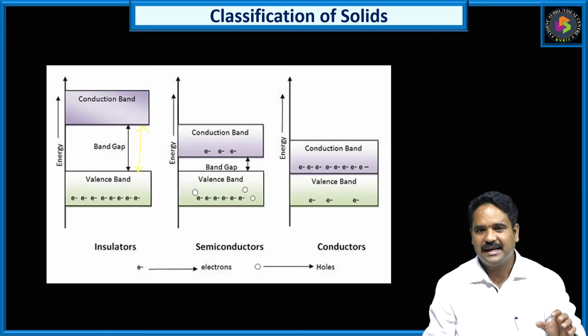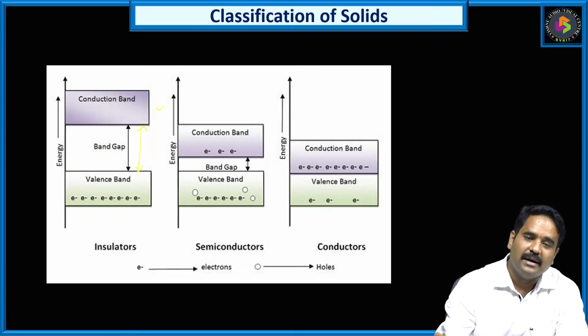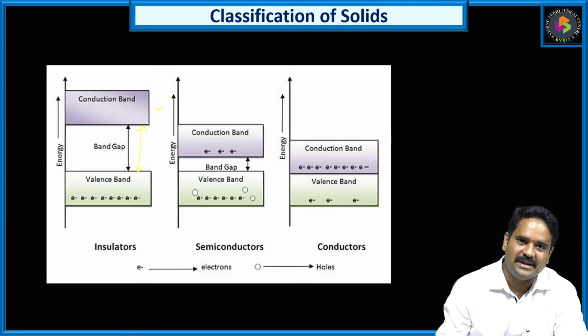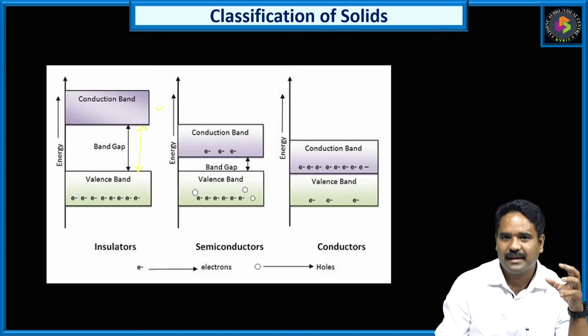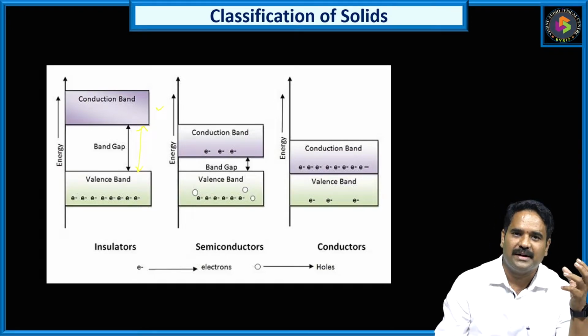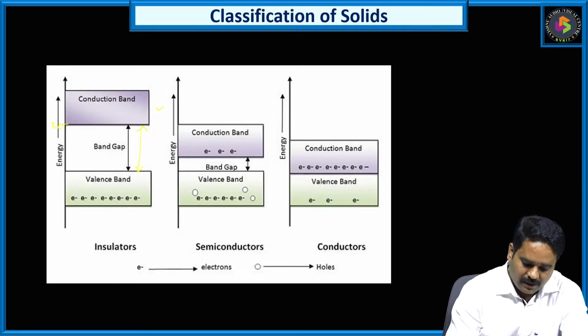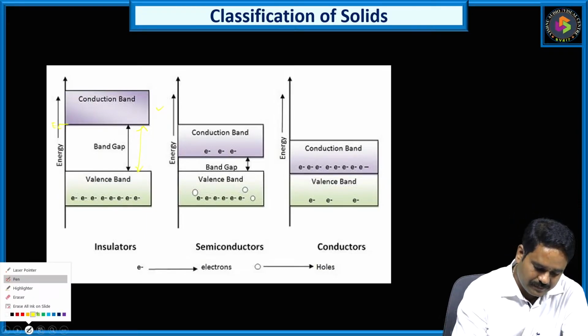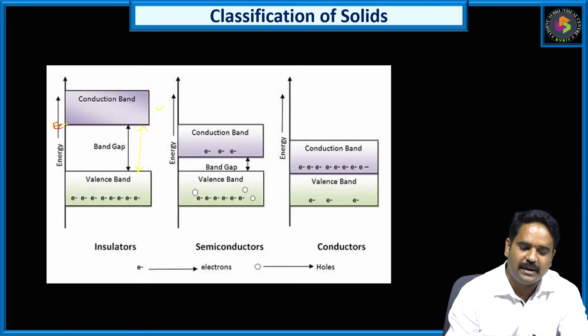The energy gap means the energy difference between the conduction band and the valence band. Here, this is the conduction band. The conduction band is formed by a series of energy levels. The conduction band may be empty or partially filled, but it should not be completely filled. If it is completely filled, there is no chance of mobility of charge carriers. Here EC is the bottom of the conduction band, that is, the lowest energy level of the conduction band.